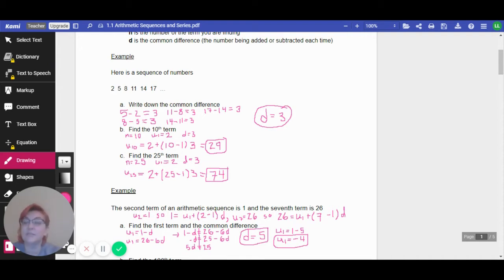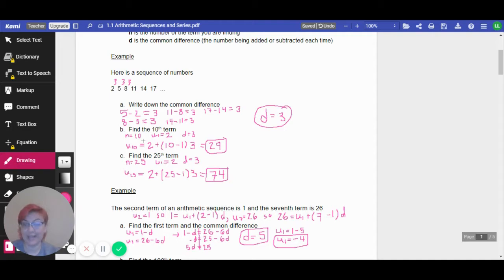Another way that I do this sometimes is I'll just pop right on over to where it's written and I'll look and I'll just say, okay, well, I need 3 to get there. I need 3 to get there, and so on and so forth, and just kind of write in the difference in the gaps. All right, well, once we know that the common difference is 3, to find the 10th term,